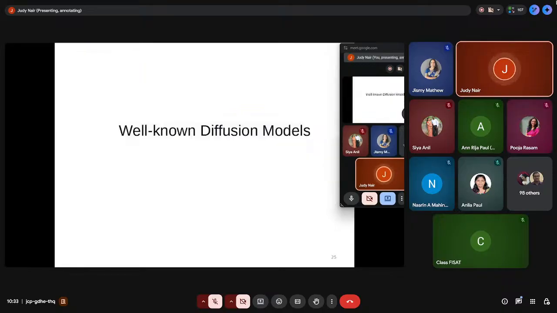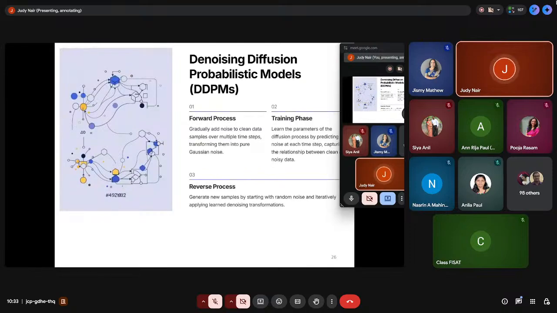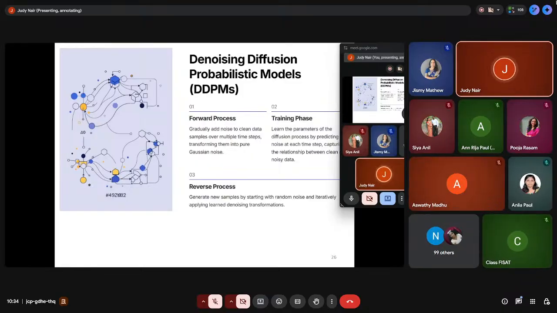The first and most important, the initial paper, was on the DDPM model. As we all know, I have already told you the whole concept: you have a forward process, you have a training phase, and then we have a reverse process. So let us see how this DDPM, which is basically working on variational inference, works.